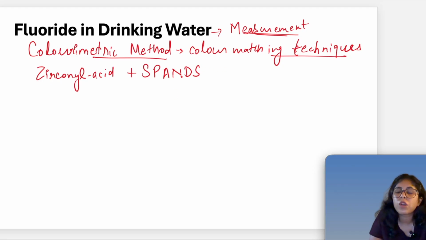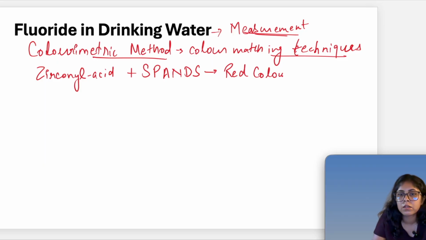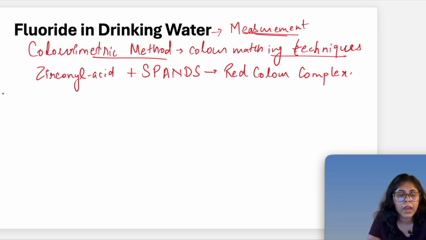So these two chemicals, once combined, give a red color complex. Now this is a red colored complex. Now if we add fluoride into this mixture,